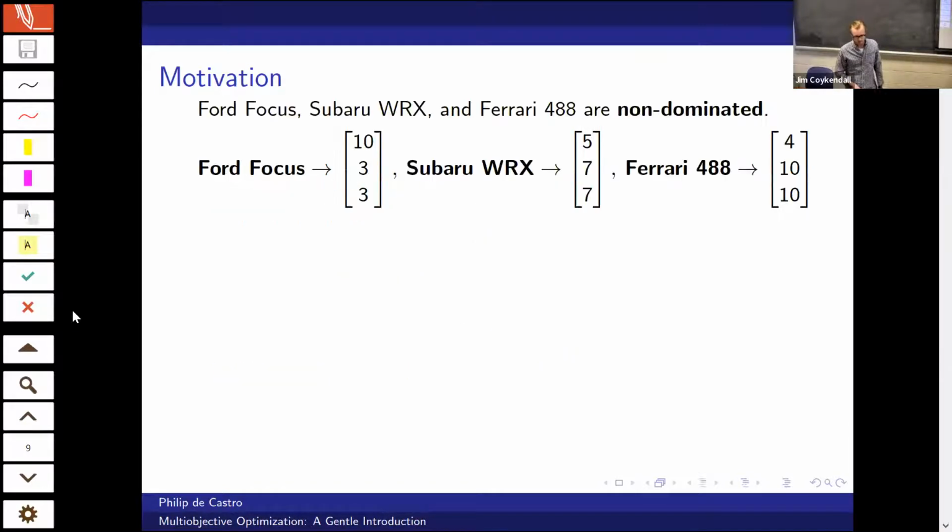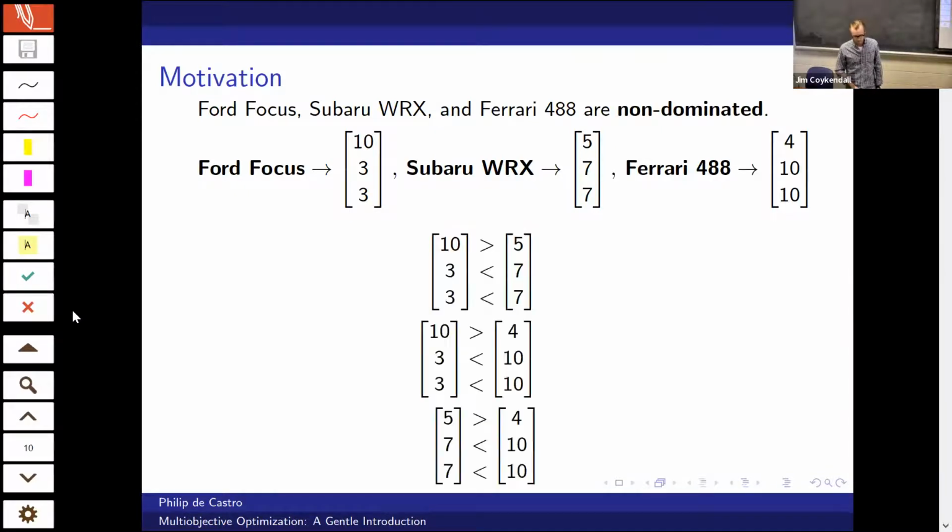So let's look at our other 3 options. Remember, we're looking at the Ford, the Subaru, and the Ferrari. Well, if we compare those, what we see is that, for example, if we compare the Ford Focus with the Subaru, the Ford Focus does much better than the Subaru in safety, but the Subaru does much better in speed and looks. So we can't really compare those two. Same thing if we compare the Ford Focus with the Ferrari and then the Subaru with the Ferrari. So what we're seeing here is that now my decision is down to these 3 options, and now I have